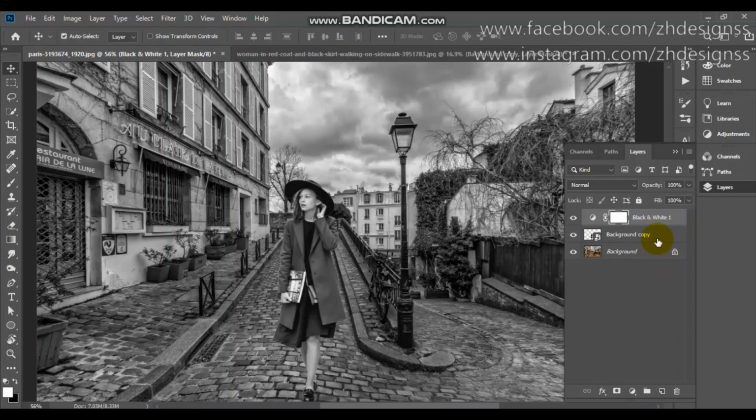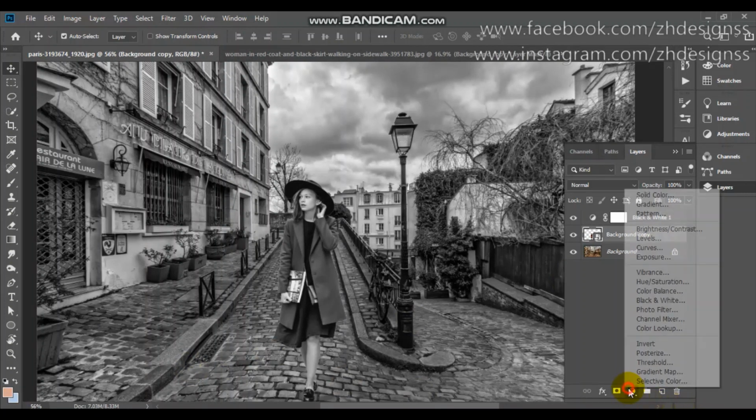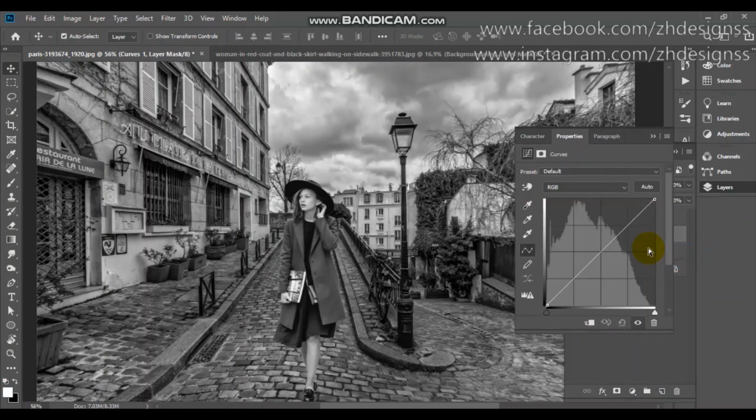So here you can see, above my background, above my subject layer, I am going to add a curves adjustment layer. You can also go for brightness and contrast, but I am going for curves and I am creating a clipping mask because these effects will be applicable only to your subject. So from here you just need to choose this hand icon. Where you want to increase or decrease the brightness, you can simply do it like this.